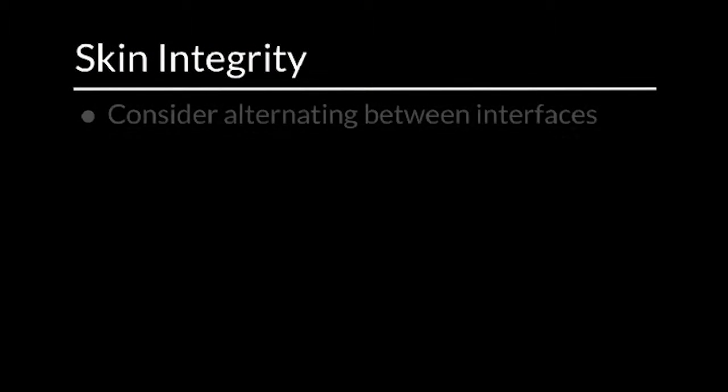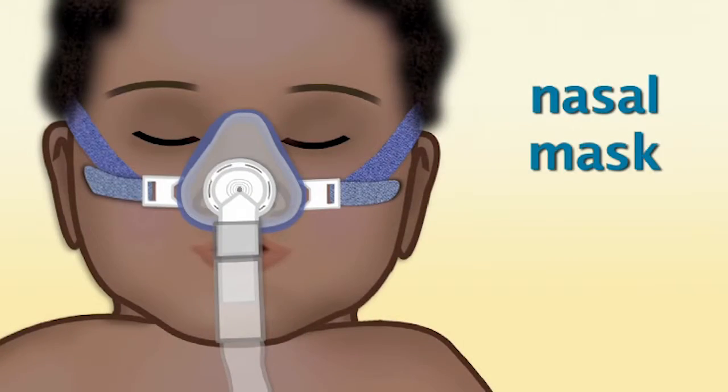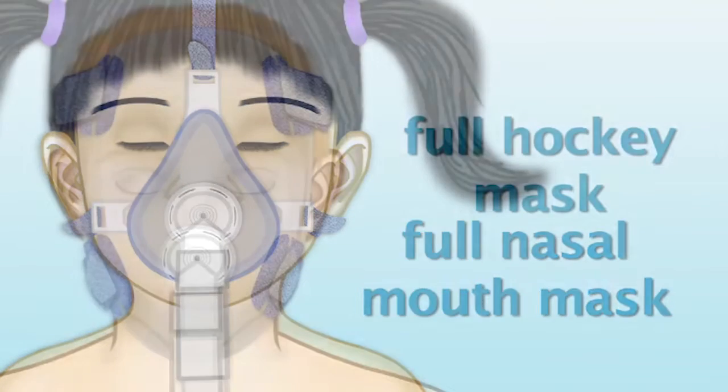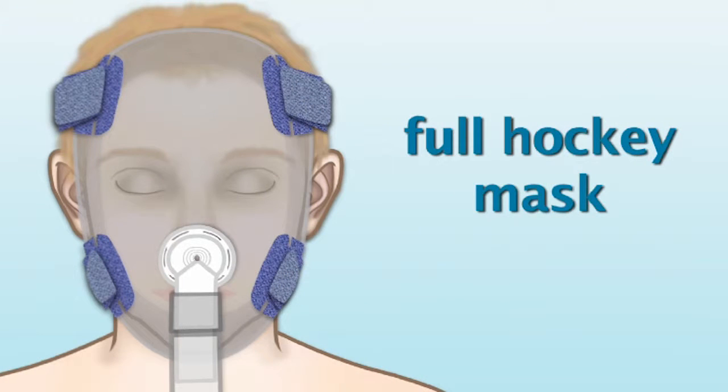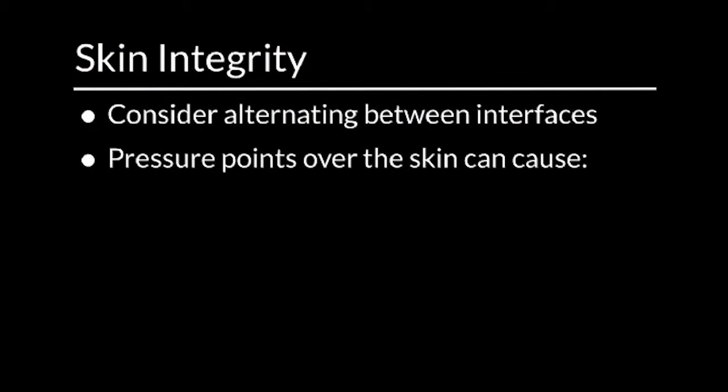Skin integrity is definitely a concern. And there are a variety of types of interfaces, and I often would recommend that people consider alternating between interfaces. 12-hour periods alternating, every other day alternating. When you have something that's pressure on your face, either just a nasal mask, a full nasal mouth mask, or the full hockey mask, they're actually non-invasive ventilations that encompass the entire face,